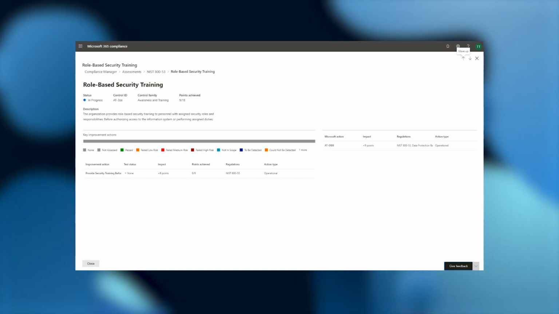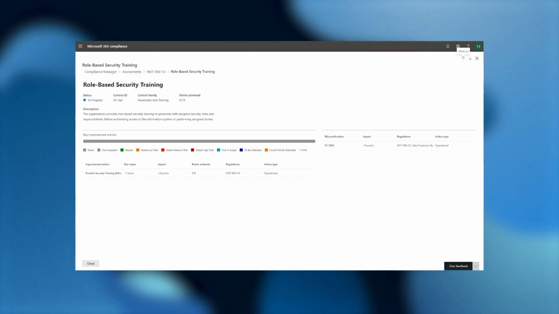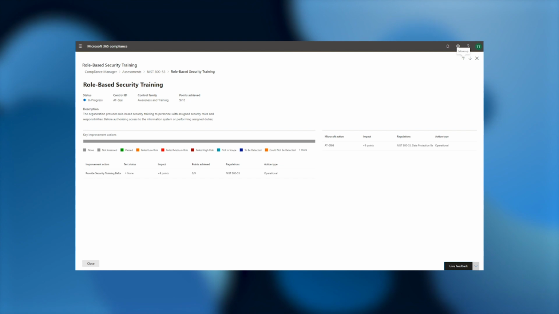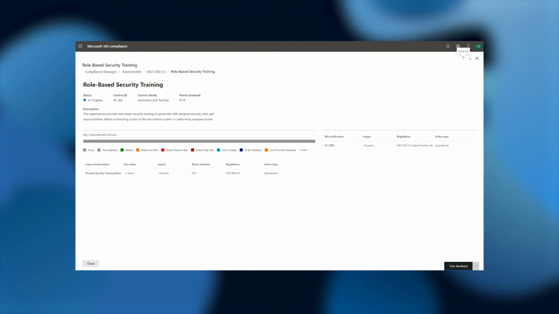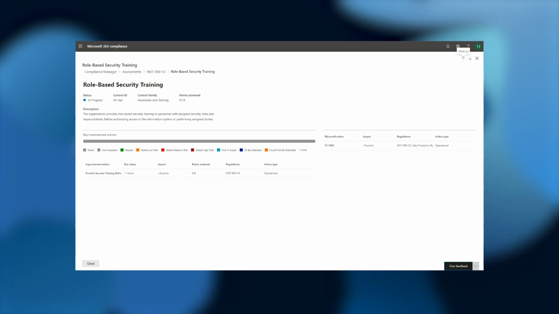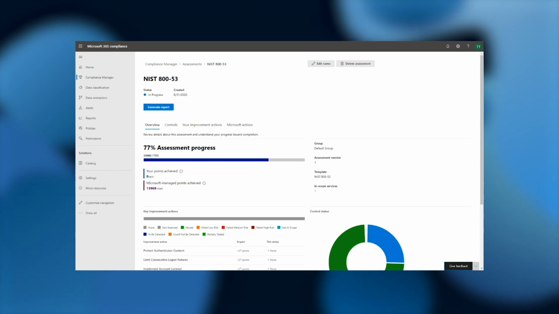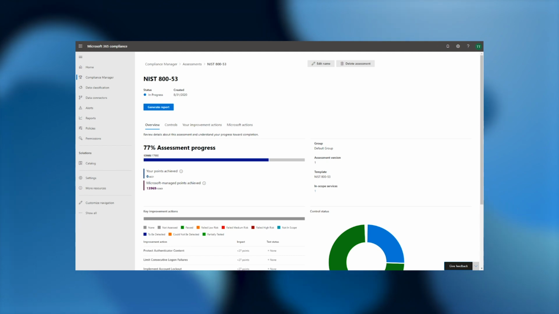Thanks to our control mapping framework, the actions that we recommend you take can be relevant to multiple controls within other assessments, removing the need for duplicative work. For example, turning on multi-factor authentication helps address controls from nearly 50 different regulations. As you take these recommended actions and address controls, you can export a report to demonstrate the work that you've done. This report will include all of the relevant status and documentation areas, including any notes that you've taken, showing you a complete picture of all of the work that you and Microsoft have completed.